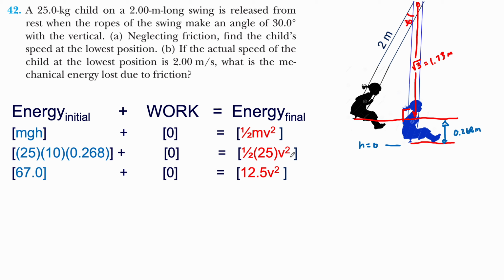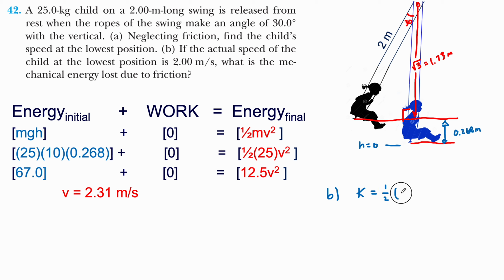Solving it, initial gravitational potential energy was 67 joules. And plugging it in, we get this. So that's the answer to part A. Part B, if her actual speed at the bottom was 2 meters per second, how much mechanical energy was lost due to friction? All right, so for part B, we can actually figure out what her kinetic energy is at the bottom. If she's only going 2 meters per second,